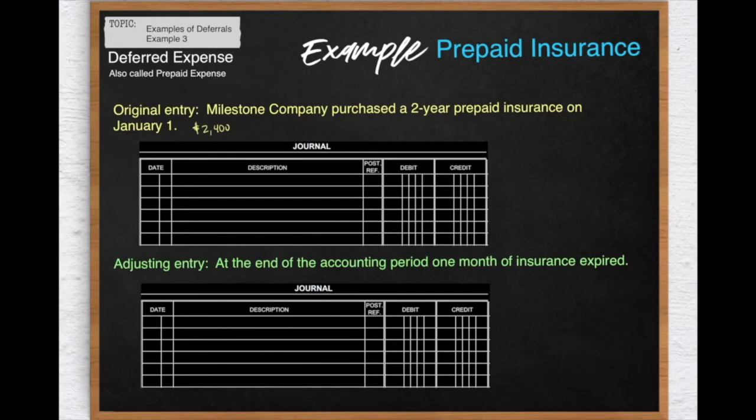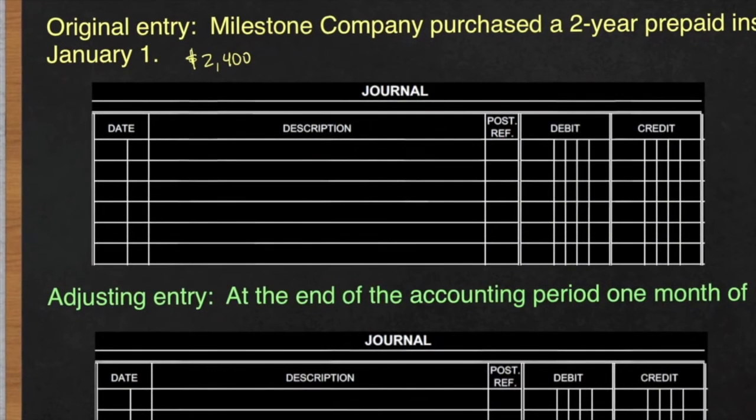So let's record purchasing the insurance first. Let's date this January 1st. You purchased insurance, and the account you want to use for this is called prepaid insurance. Not just insurance, but prepaid insurance, because in reality, the company did prepay the insurance. How much? For $2,400. Let's assume that they paid cash for it, so that's your credit. For, again, the same amount,